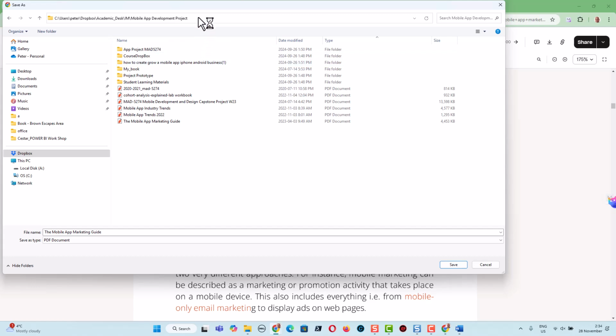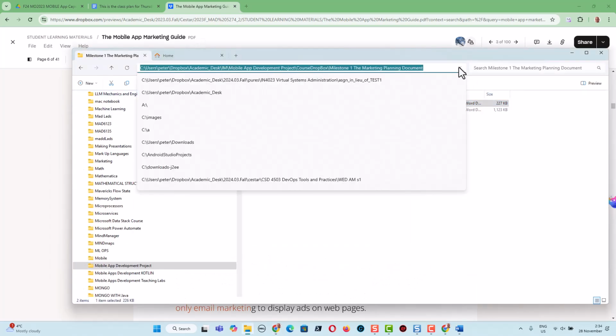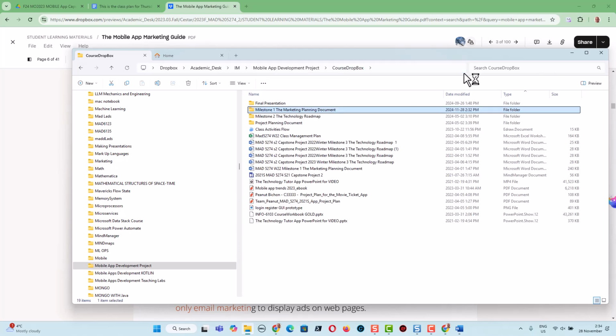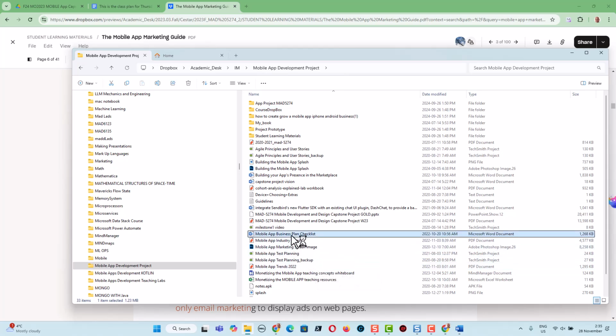All right. How come I'm not seeing it here? I saw it before. Oh, maybe it was up there. Yeah. Mobile app marketing checklist. There. So I'm going to give you a Dropbox link to this,